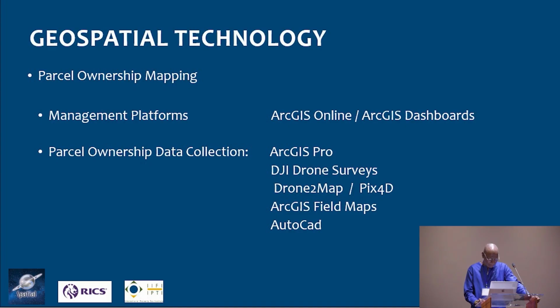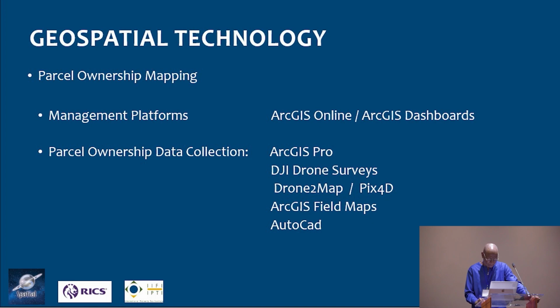From the ownership mapping project, you'd have heard Melanie speak about dashboards in the valuation division down in Trinidad. So dashboards were part of this project. Web maps and ArcGIS Online were part of this project. And on the parcel ownership field data collection, we had DJI drones for orthophoto mapping deployed. We had ArcGIS Pro, drone to map software, Pix4D software, and these are software that do orthophoto mapping, ArcGIS Field